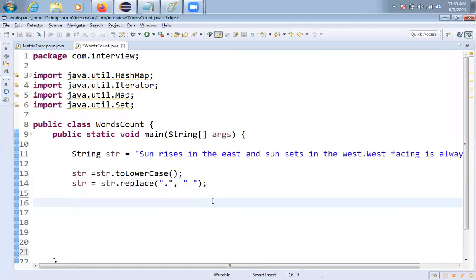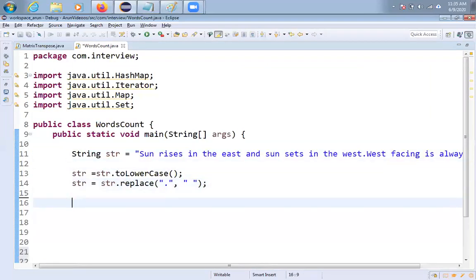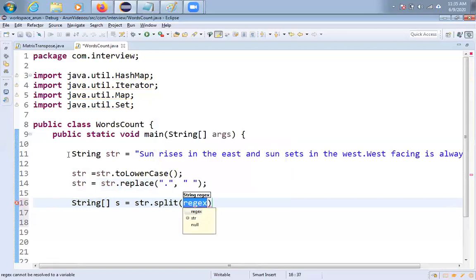Next, what I am doing is I am trying to split the entire string into words. Very simple, friends. We have the split method. See here, s equal to, so the result is a one dimensional string array. Now str dot split, you can write a regular expression. I'm not writing anything, simply a space I am giving. That's it. Based on the space, all things will be split.